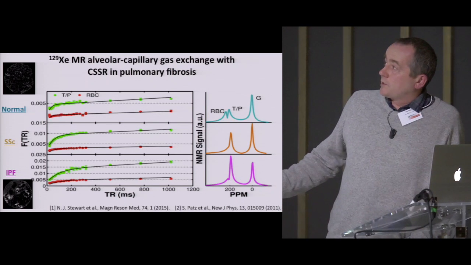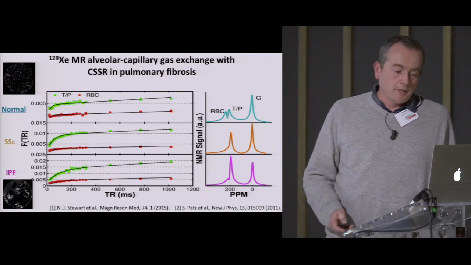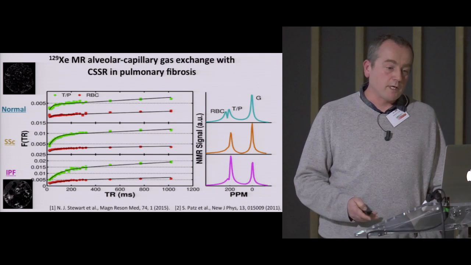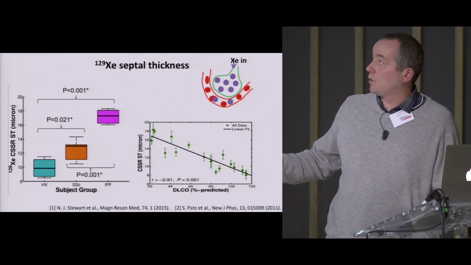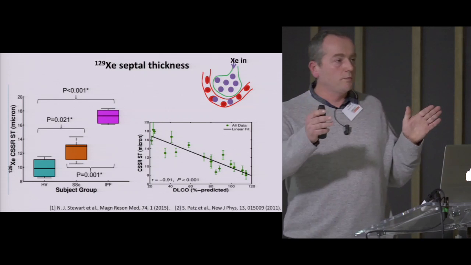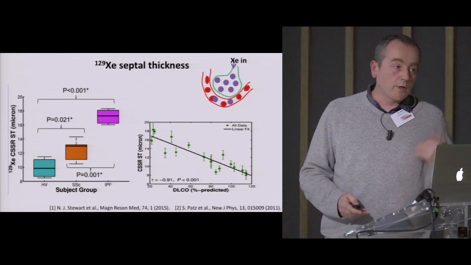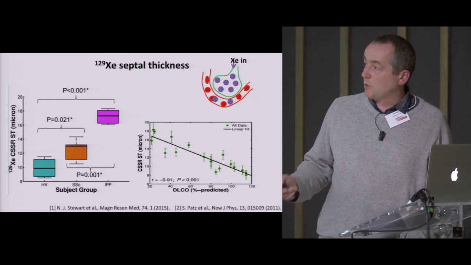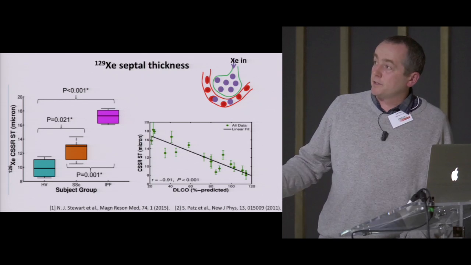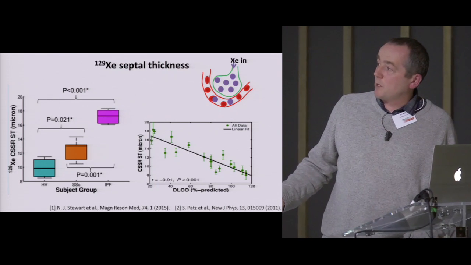What we can do now, though, is solve the diffusion equation for gas transfer across this membrane. And from this, we can come up with estimates of the septal thickness. So this is solving the 1D diffusion equation across the wall. And if the wall is thicker because the lung is fibrosed, we can measure that. So from solution of the 1D diffusion equation, we come up with an estimate of the septal thickness of the barrier. And we see that this is a very sensitive marker